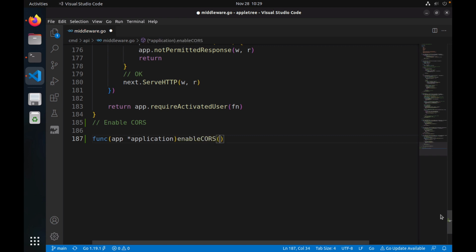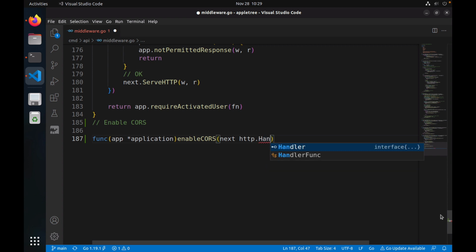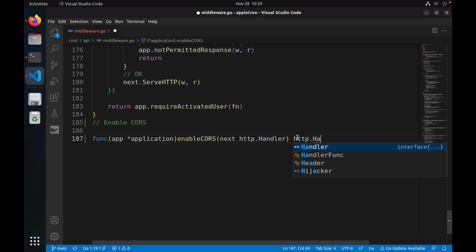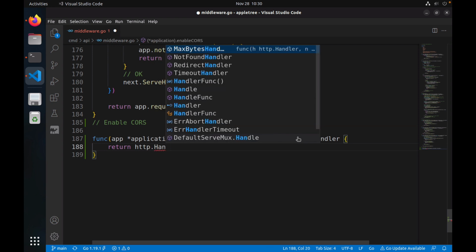Okay, and of course, it will take a parameter of type http.Handler, and of course, it will return a http.Handler. And so what I'm going to do, I will just return http.HandlerFunc,